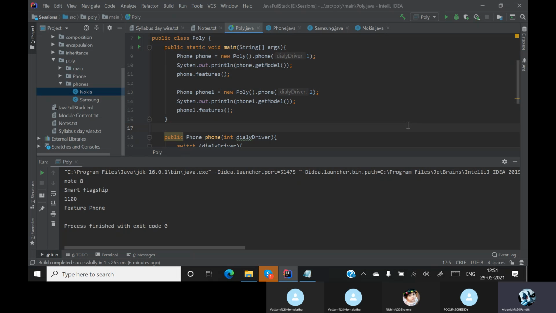For now, just know that if it is not a static method, you have to call it with the class name. If it is a static method, then you can directly call it with the method name. If it is static, it means that everyone can use it inside the class.